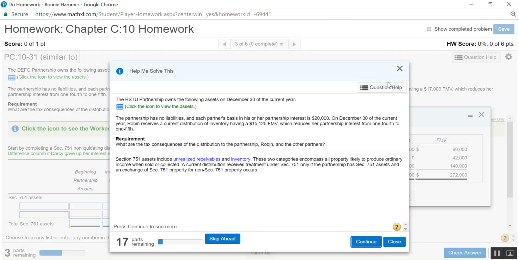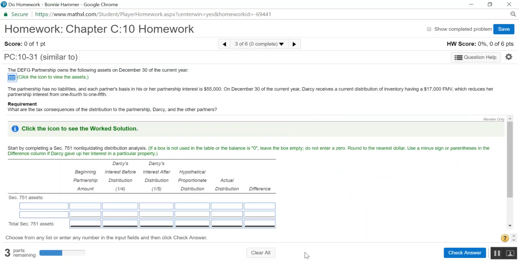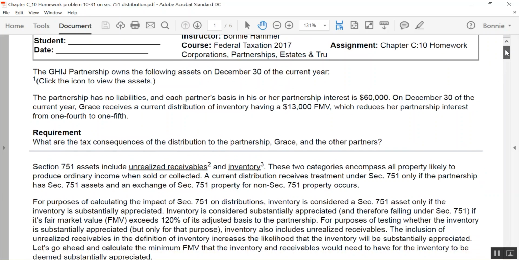I've got different numbers now. Yeah, I sure do. Okay. I'm going to have to go back to my problem here. Okay, so bear with me, you guys. When this printed out, I don't have my